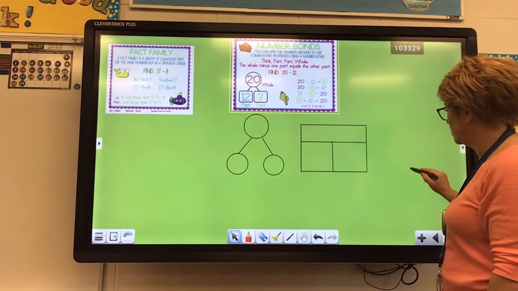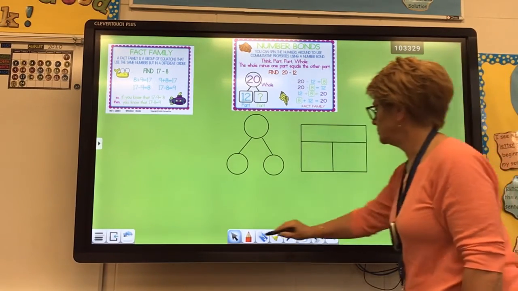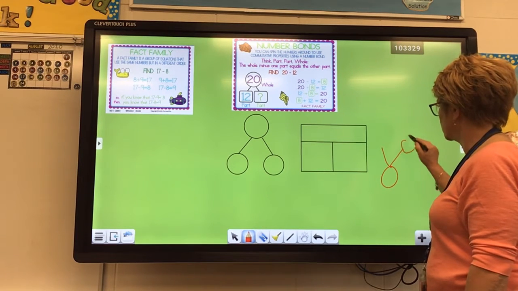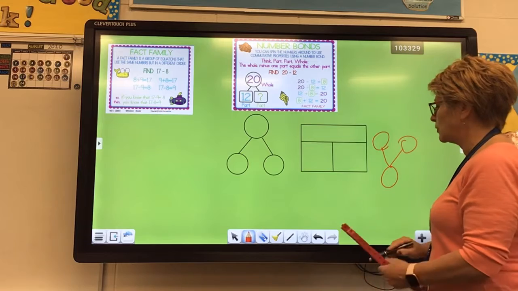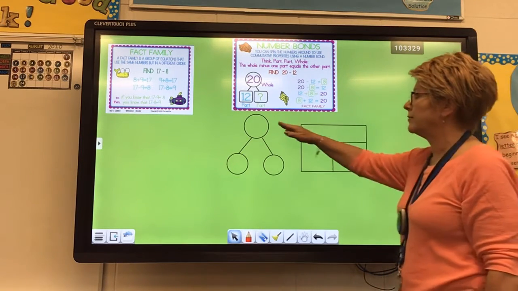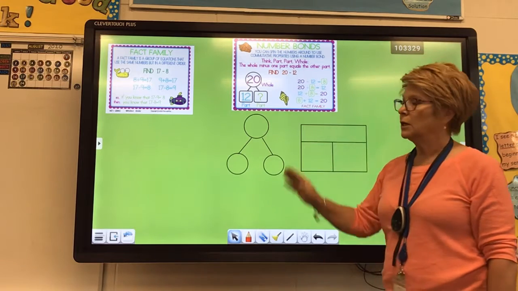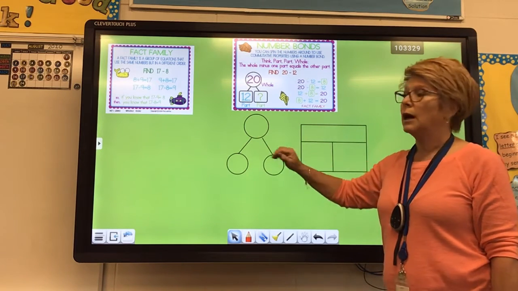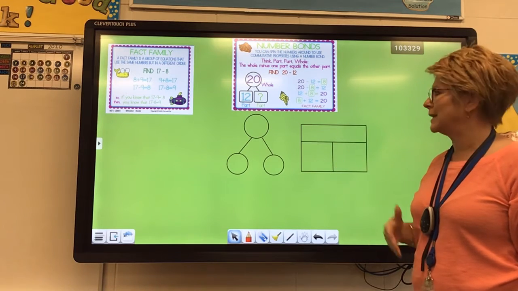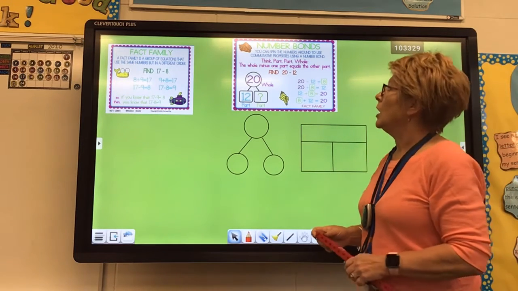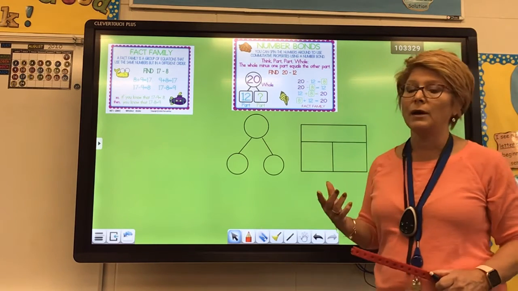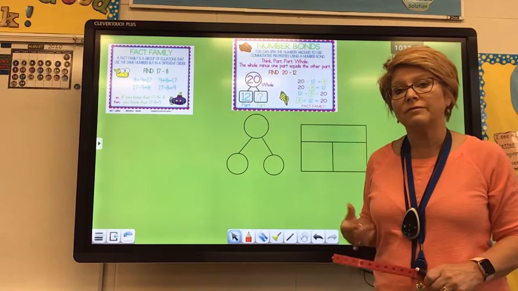If I wanted to, I could have the one circle on the bottom and two circles on top. It doesn't really matter what direction those circles are going as long as you have one and then two. So this is what we call a number bond. We can also use what we call a bar model. It's the same thing. When we use those number bonds, we can spin numbers around to make our fact family